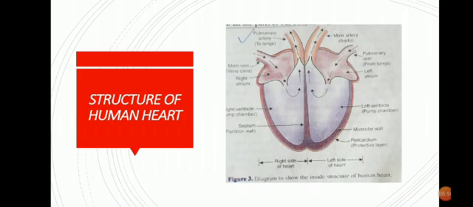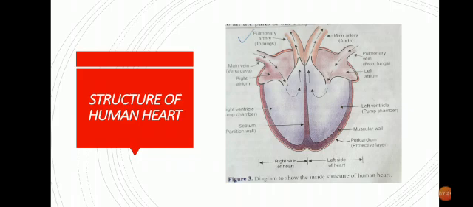So in gist, what can I say? First, the blood enters the left atrium via the pulmonary vein, that is the oxygenated blood, right? Now the heart pumps, isn't it? If you just put your hand on your chest cavity, you can feel the heartbeat. Regarding heartbeat, we will be discussing in our next class, right? So one time the heart beats, then the blood is pushed into the left ventricle, right? Now again the left ventricle is pumped. Again, where does it go? It goes to the main artery, and that main artery takes this oxygenated blood to all the parts of the body except the lungs, right? So it is being distributed to all the parts of the body.